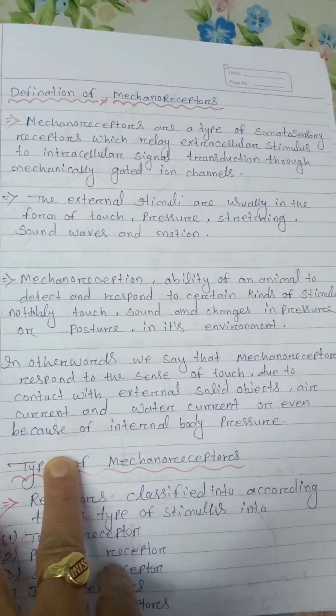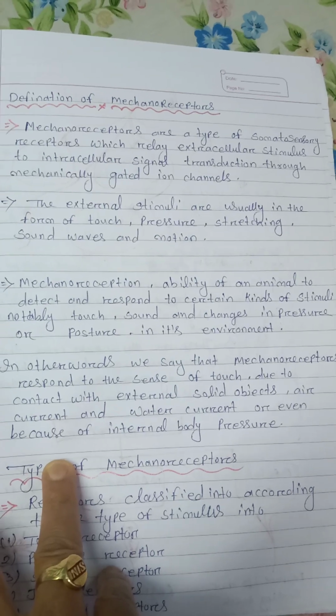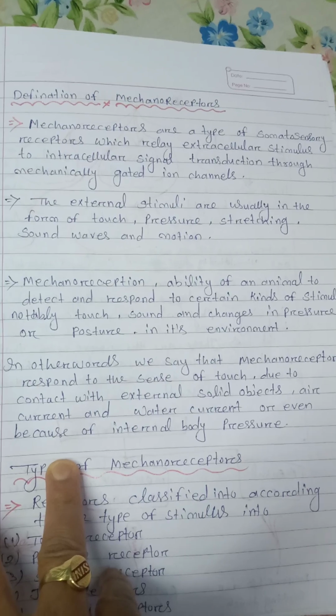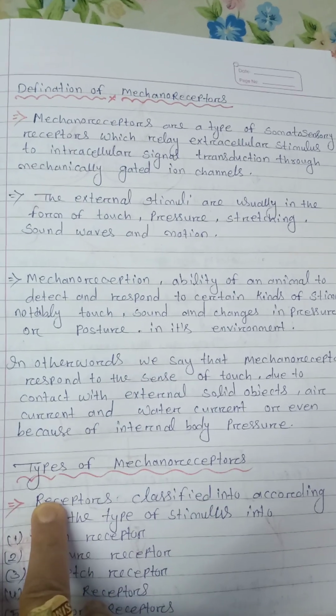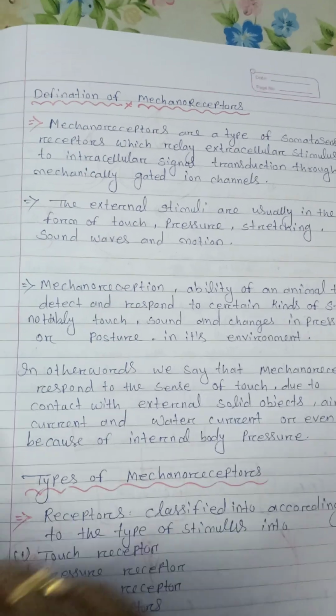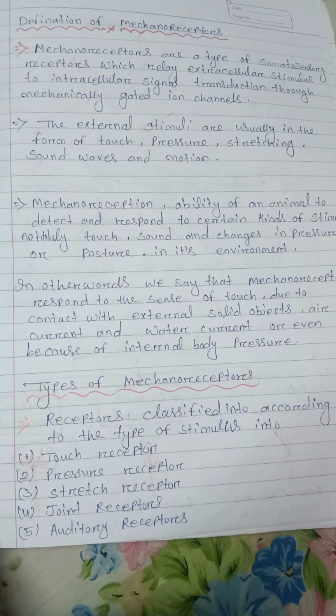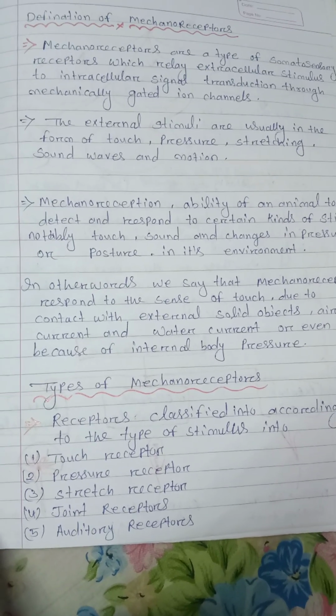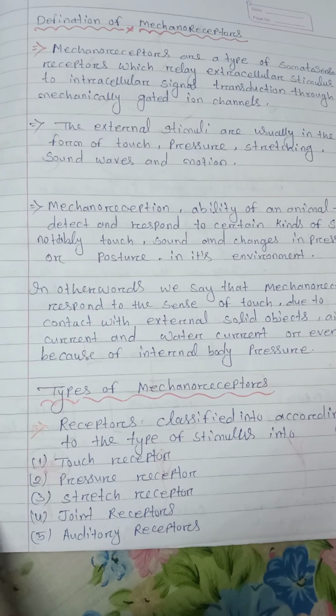In other words, we say that mechanoreceptors respond to the sense of touch due to contact with external solid objects or water current, or even because of internal body pressure. Then types of mechanoreceptors. Receptors are classified according to the type of stimulus into touch receptor, pressure receptor, scratch receptor,